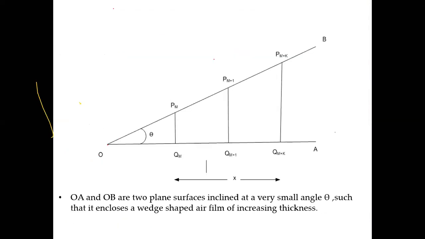I'll quickly take you to that picture. So this is the diagram. In the diagram, I apply tan theta with the opposite side as PM QM in the triangle. PM QM is T, as we already know. And then I take this triangle for m plus 1, and similarly PM+K and QM+K. So here I make one assumption: let the distance between the point QM+K and the point QM be some x.